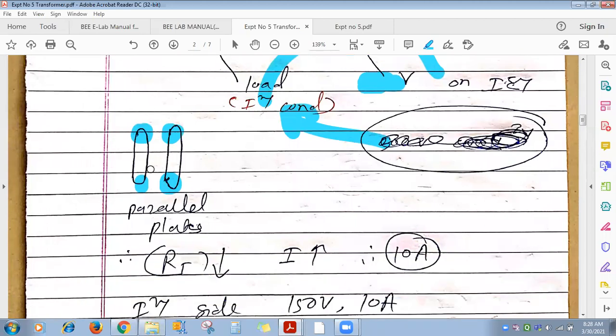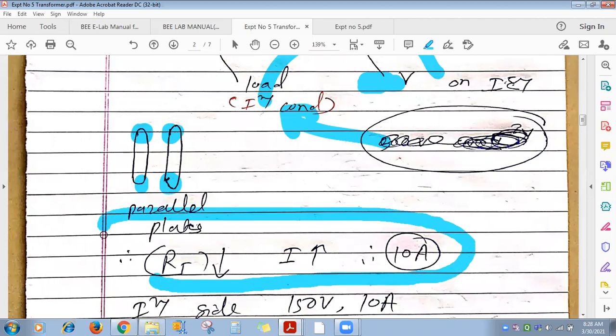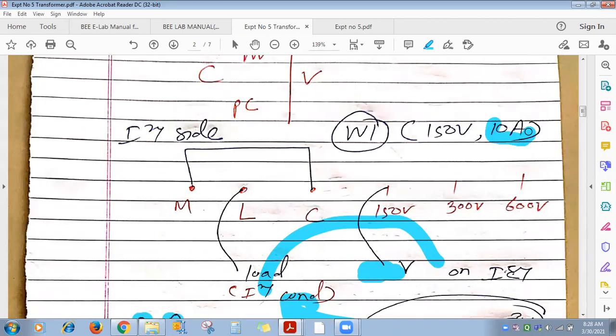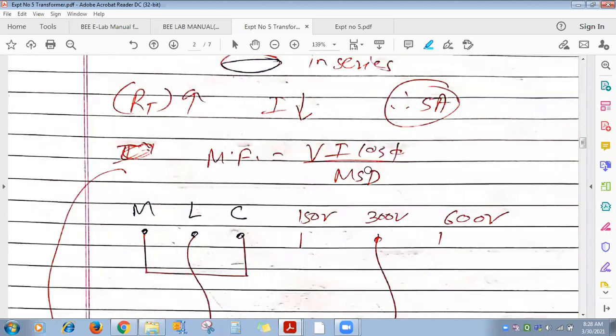Now, if you connect the plates in parallel, 4 and 4 ohm, resultant is 2 ohm, means resistance decreases, means current increases, and that's why more current range is for parallel connection of these plates, that is 10 ampere. Reverse is the case for series. So for W1 we are going to connect plates in parallel, and that's why here 10 ampere. For W2 the reverse will happen.